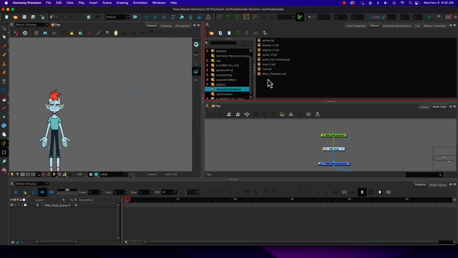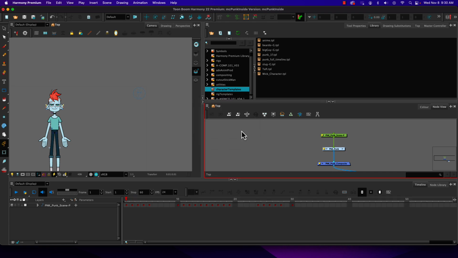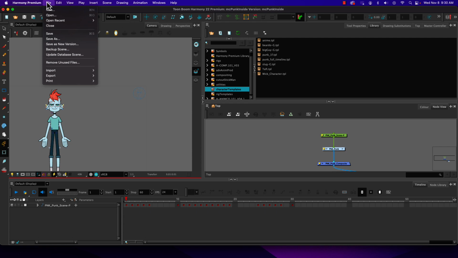So depending on how you want to distribute your templates, you may want to give the full timeline and allow the animator who gets their hands on it to see all of those frames so they can work with it and modify it. But you may also want to just give them a one-frame template that's ready to start animating with, because it's all been tested, bulletproofed, and it's ready to go. So now that we have done that, I am going to modify my scene length back to 60 so that it's there. I'm going to save this,